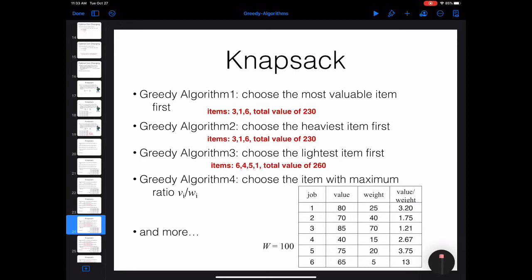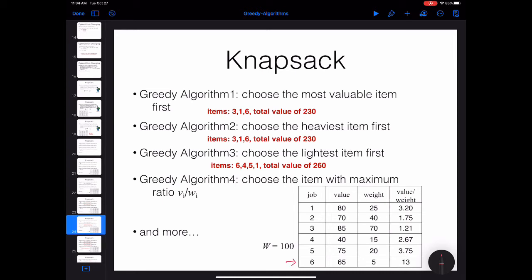Anyway, so far we have seen that none of these is going to give me the optimal answer, because I already know that the optimal answer in this example is 290. And let's check the last strategy. The last strategy is about taking the item with the largest value per weight ratio. So it will be